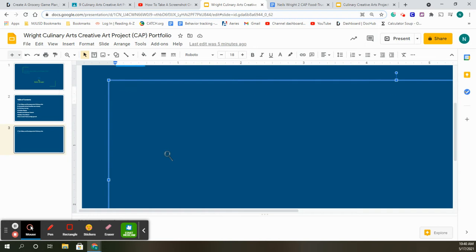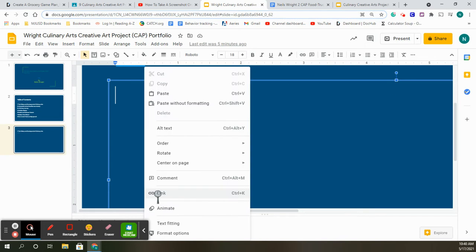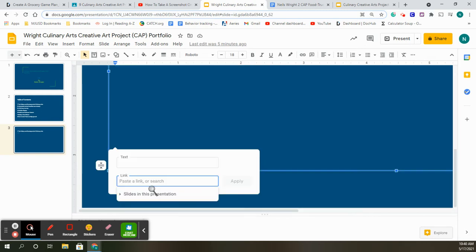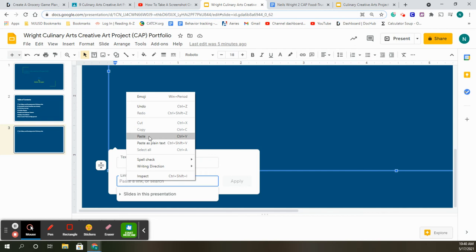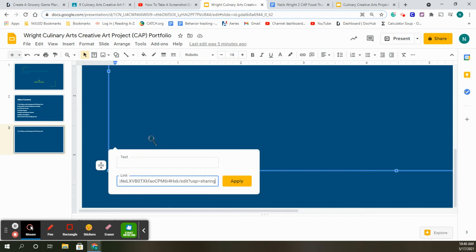So in the text box, I'm going to do link. This Control K, link, is going to allow me to do what's called a hyperlink. So I'm going to paste, Control V, or right click paste the link. And then I'm going to title it